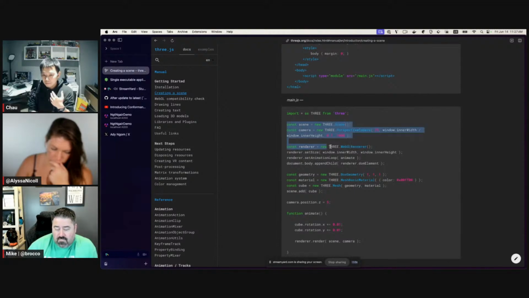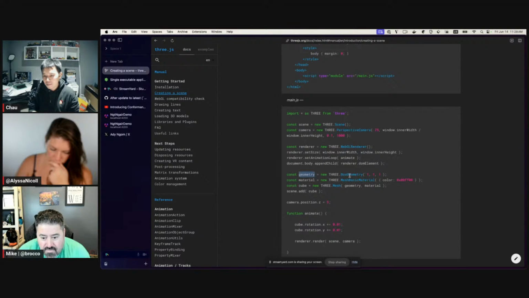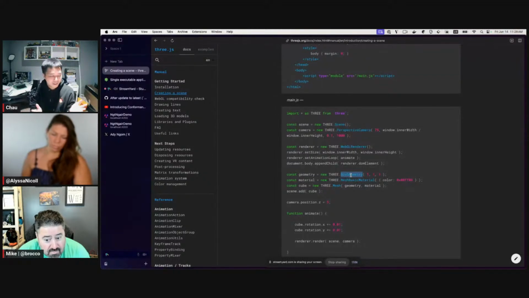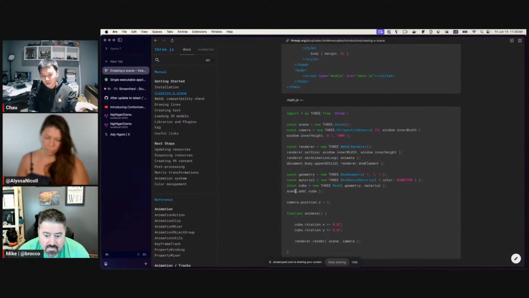So this is the minimum requirement you have to set up your scene. And then all of these, like box geometry, mesh basic material, the mesh, all of these entities inside of 3JS will be your objects. You want to create a box? Here's the geometry for it. You want to create a donut? There's a donut. If you want to create a plane, whatever, all of these are in 3JS. And you have this imperative style where you have to create a geometry, you have to create a cube, and then you add that cube onto the scene.